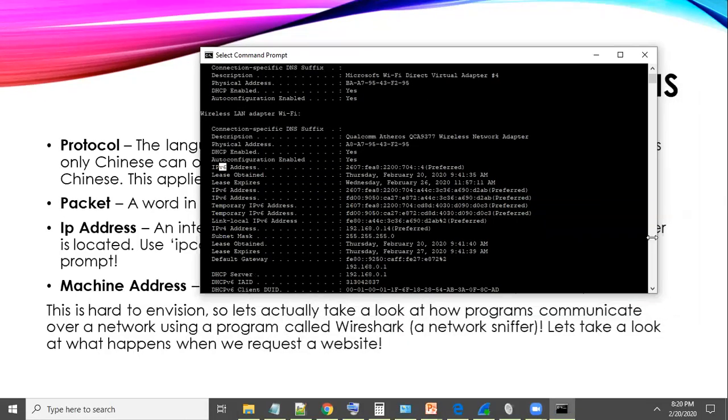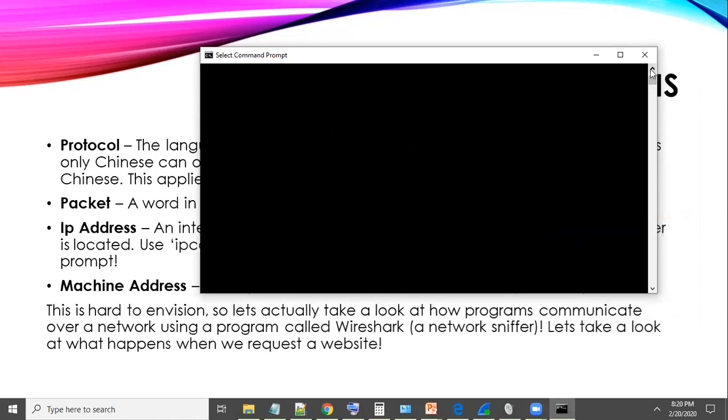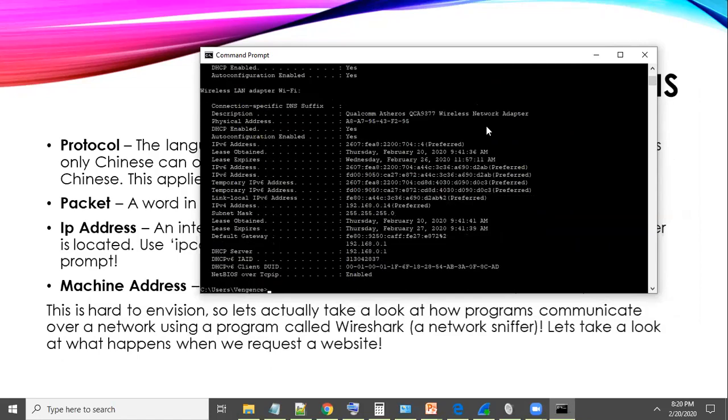Okay. Thanks. So if you go to your command prompt, you guys know what command prompt is, and you type in ipconfig /all, it'll return a list of your network adapters in Windows. If you're using a Mac, you type in ifconfig, and it'll return your IP address as well. And this is basically your address that other computers use in order to know where your computer is on the internet. So you'll have a source IP address and a destination IP address.